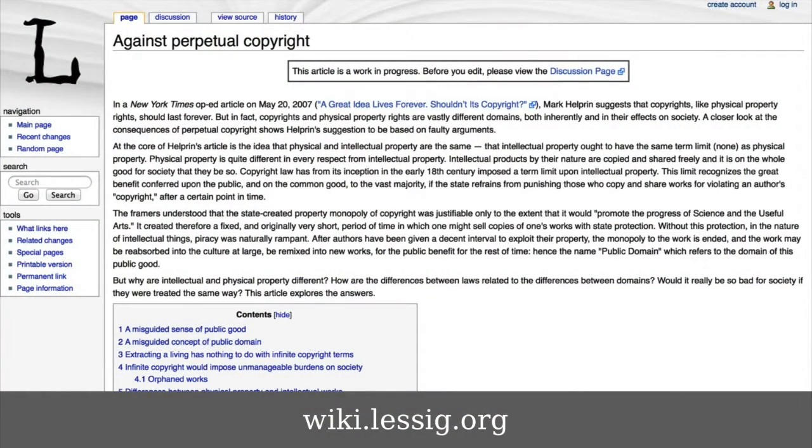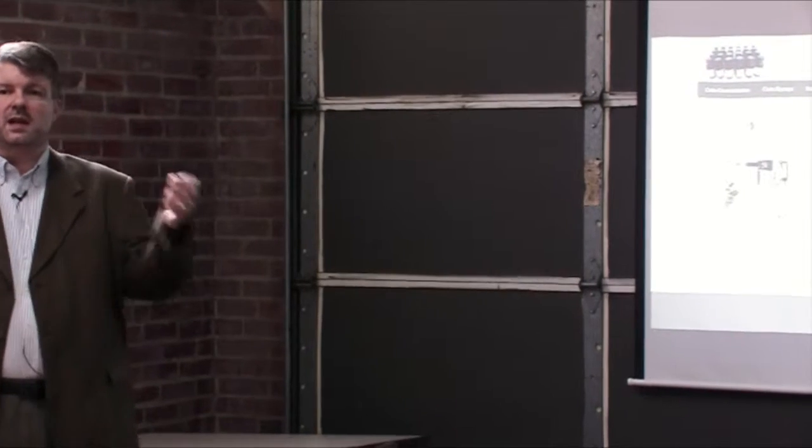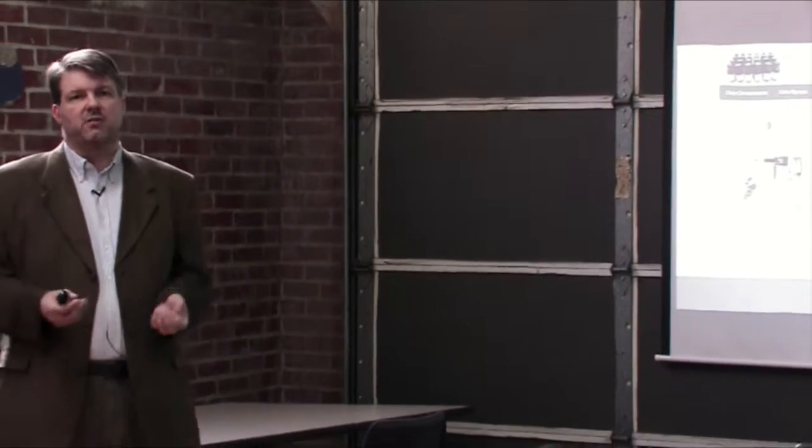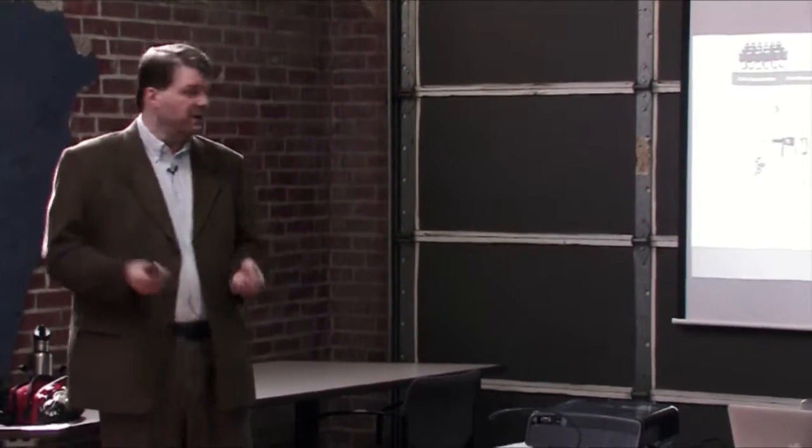This is an example by Lawrence Lessig, founder of Creative Commons. He wanted to respond to an article on copyright, so he posted this on his wiki and asked the community to respond. And it turned into an amazingly detailed response about copyright on his wiki. It's freely available, and in fact, he's taken it and used it in a book he published, also created together with other people using wikis.